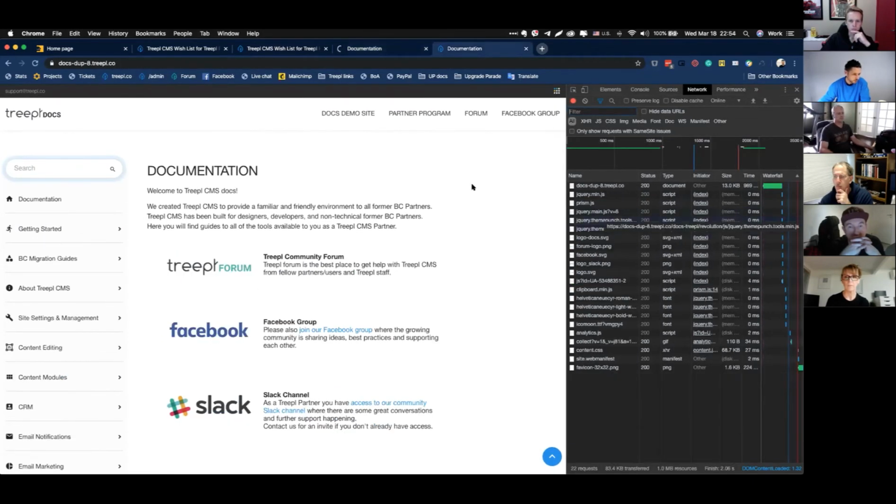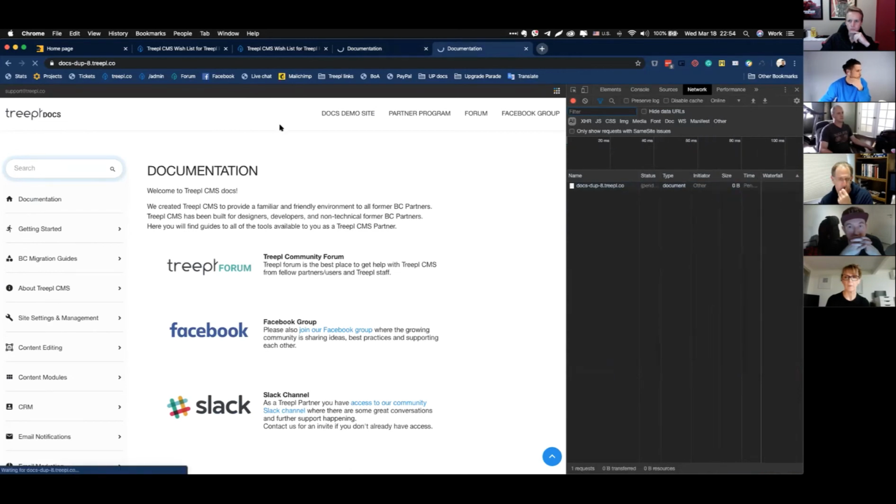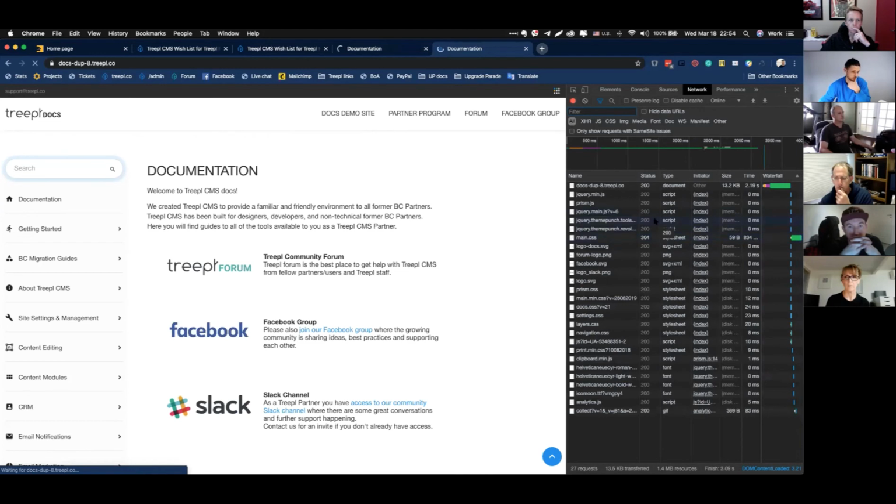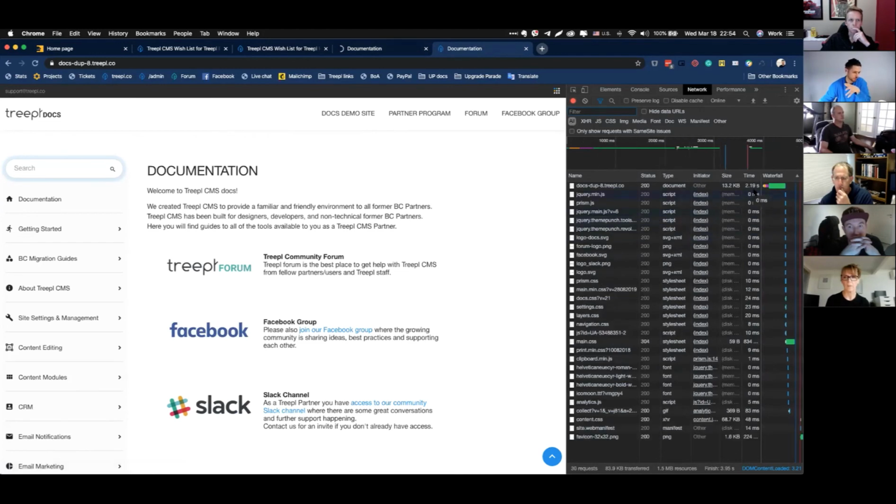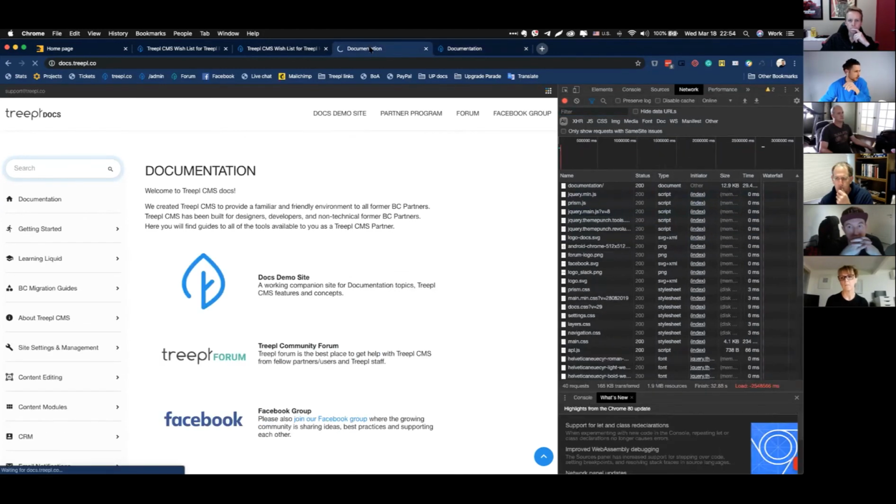Let me see how this one works. The last one it had. So this is the duplicate where it has the performance update, and this loads in roughly about 2 seconds. And our live version is still loading. Maybe something is wrong with it. Let me ask Alexei, and we'll wait for that. But meanwhile,